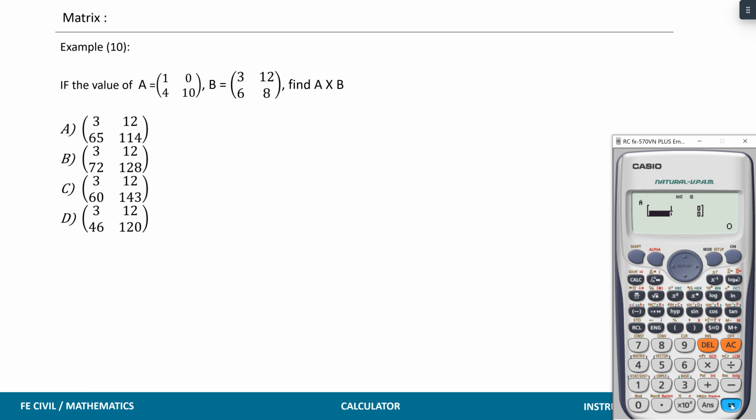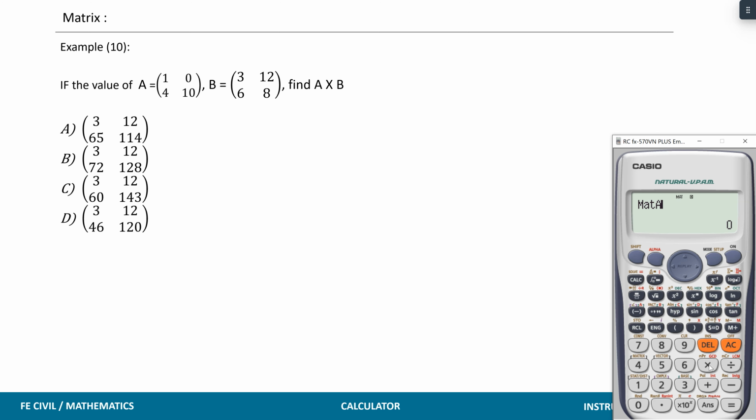and then we're gonna insert the matrix 1, 0, 4, and 10. I'm gonna press AC, then we're gonna go to shift matrix data matrix B, which is also 2 by 2, so we're gonna choose number 5, 3, 12, 6, and 8. And we're gonna press AC, and we're gonna press shift matrix